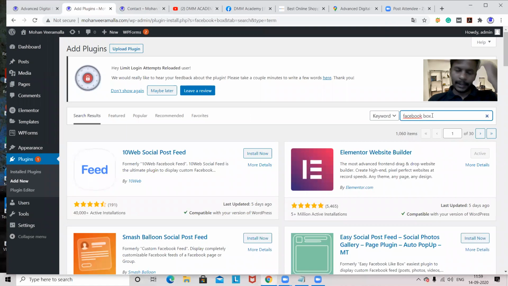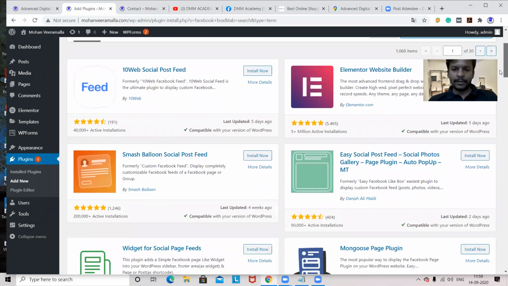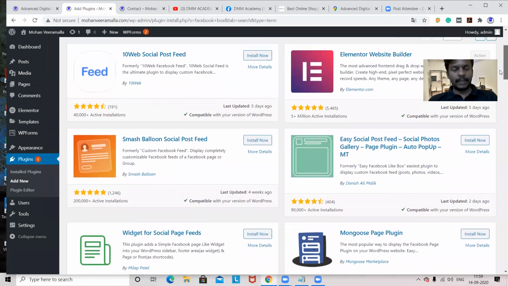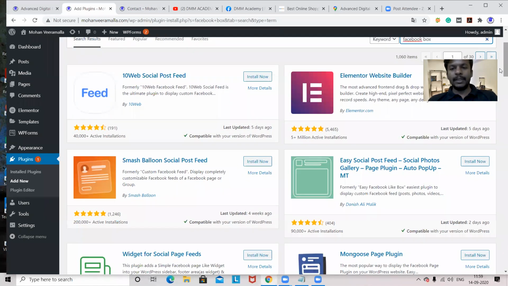Now the scenario is, every time, for this kind of plugins, they'll be changing. We can't analyze one plugin every time. So think that if a plugin is working now, it may not work in the next, like after 6 months. So regularly you have to check. Why? Because I too don't know exactly what is happening with those plugins. So you have to check manually.